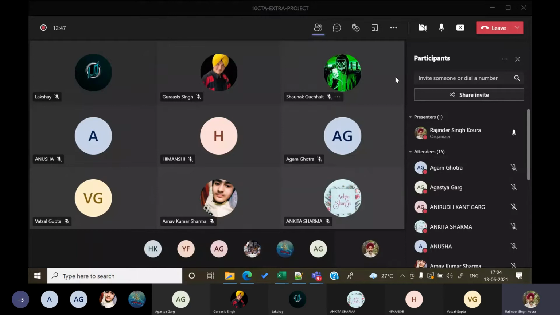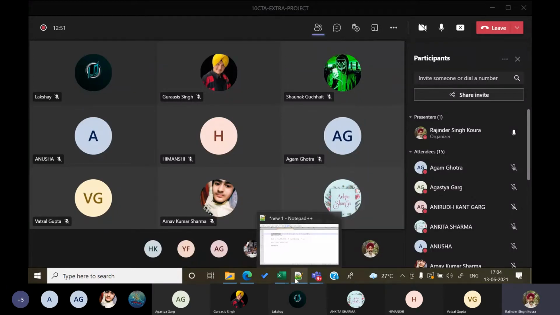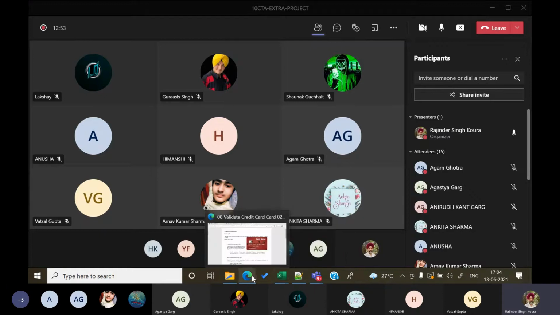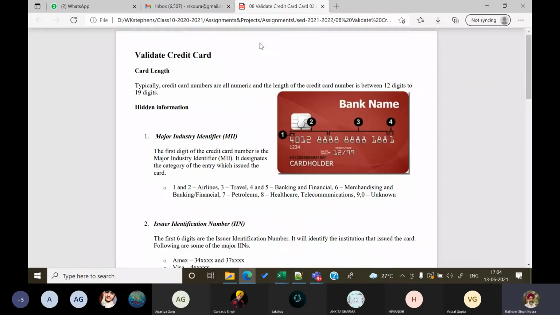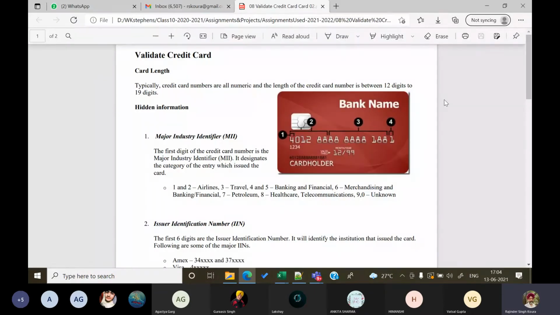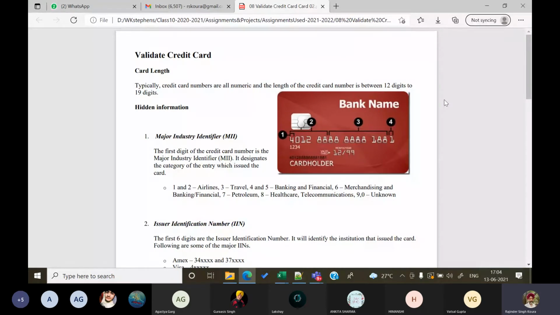Fine, fine. Okay, now first of all, whatever we are going to do right now is not made up. It is actually there. So this is the system which the websites use to validate. This is how they validate the credit card. Okay, when you enter a few numbers,